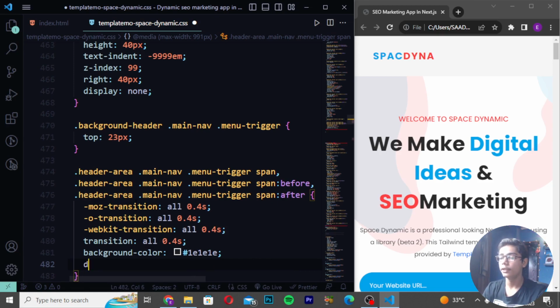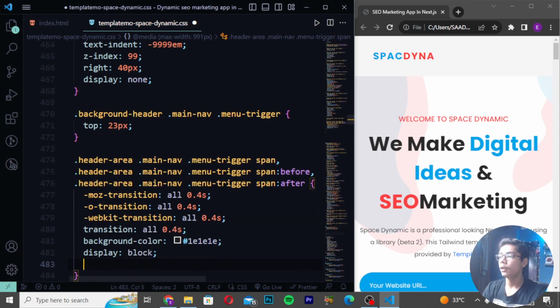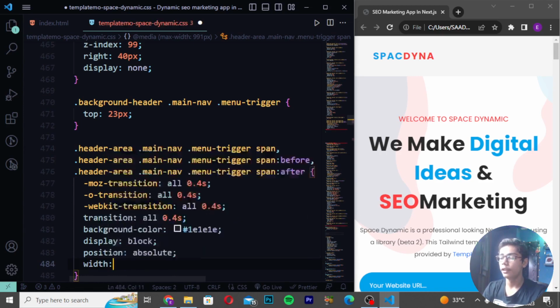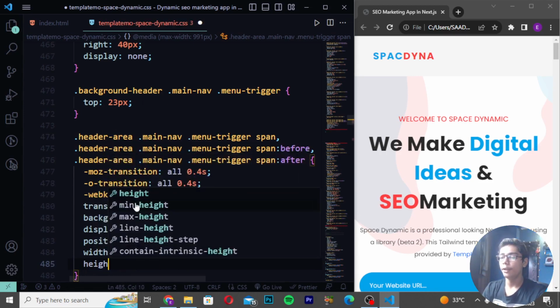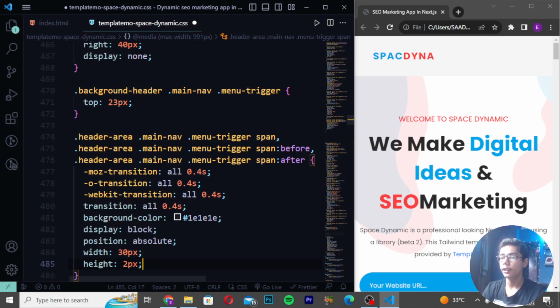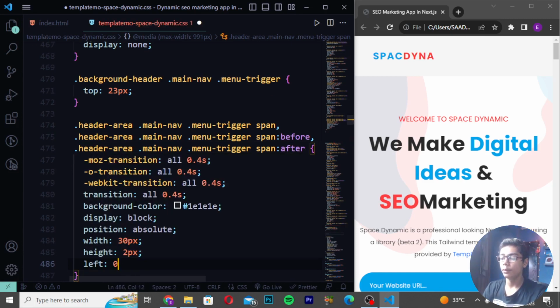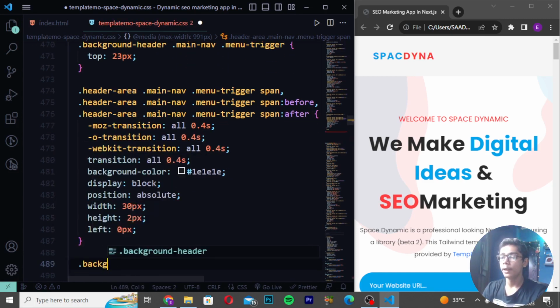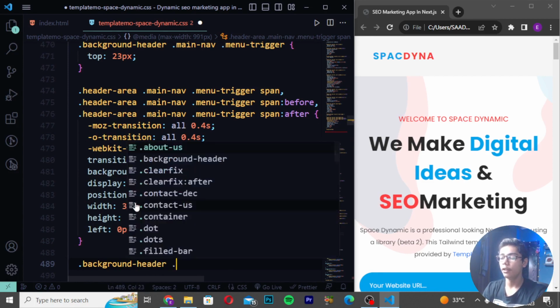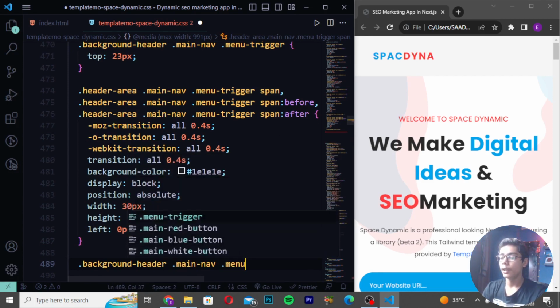Then here you have to write display block, and I will just write position absolute, and then you have to write width 30 pixel, and height 2 pixel. So here I will now write this. Then create left 0 pixel. Then you have to write background header, then dot main nav, dot menu trigger, and I